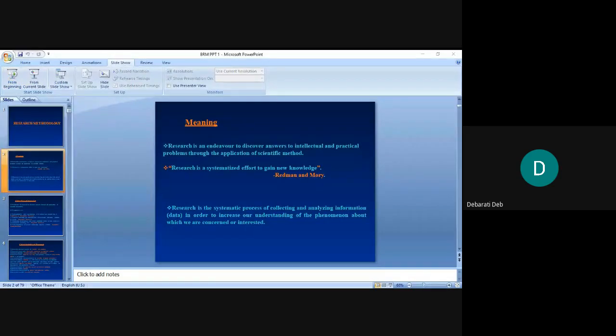So research is what? Research is a prolonged process which aims to discover answers to some intellectual and practical problems with the application of scientific method. Now this application of scientific method will be taught to you in this subject. How to apply, how to select which method you have to use, how to move ahead with the path